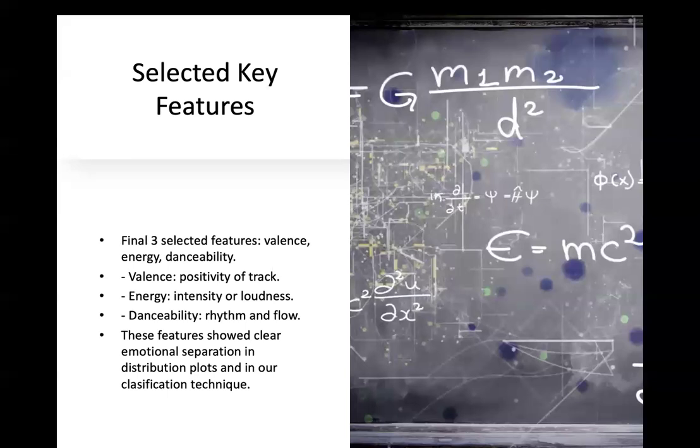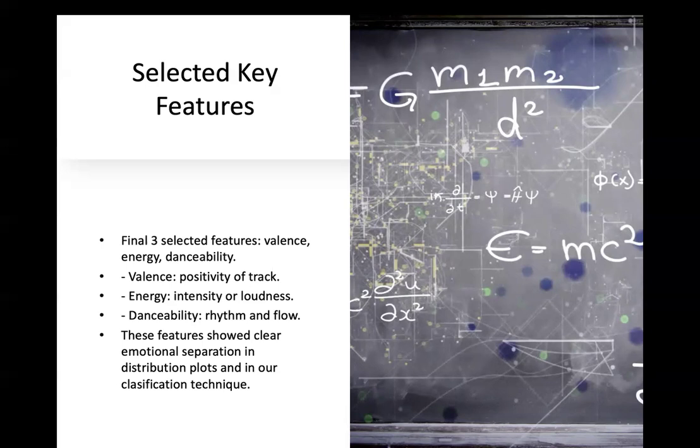Thank you, Sanjay. After ranking all the audio features based on model importance and statistical correlations, we finalized three features, which are valence, energy, and danceability. Valence indicates the emotional positivity of a song. A value close to one reflects a happy or cheerful vibe, while a lower value tends to indicate sadness. This is the most directly emotion-linked feature in the Spotify dataset,